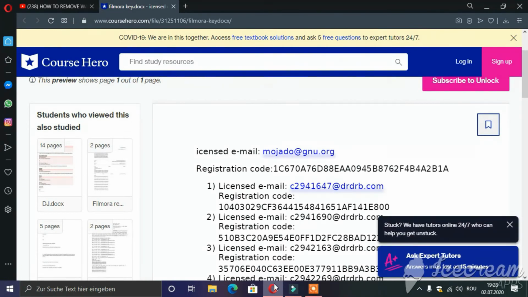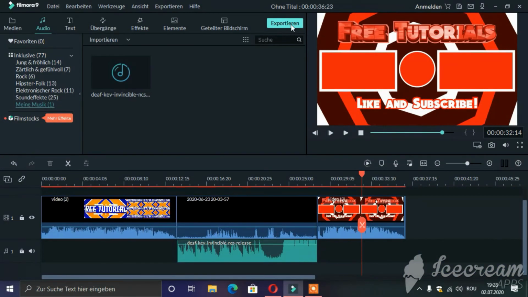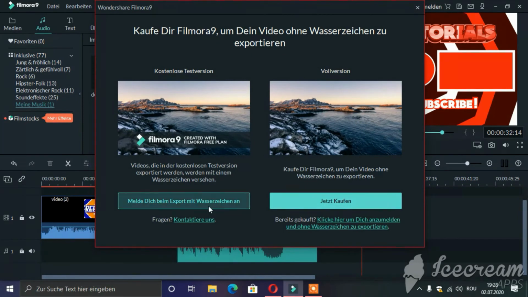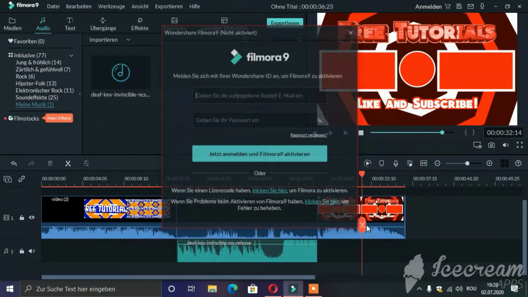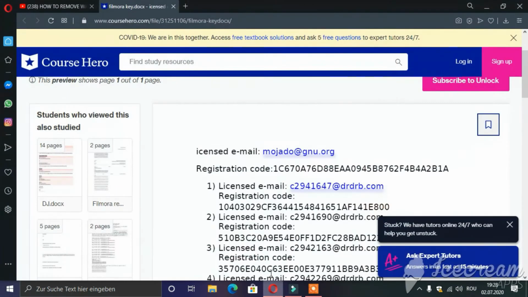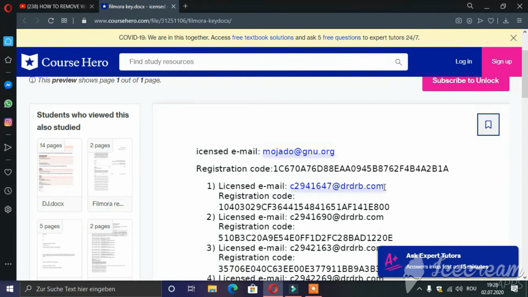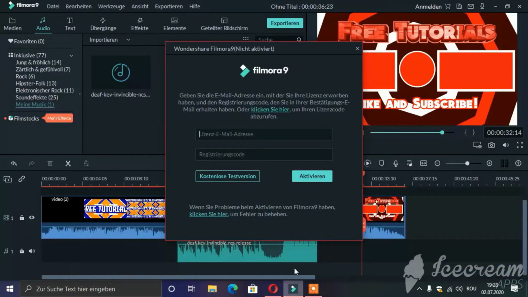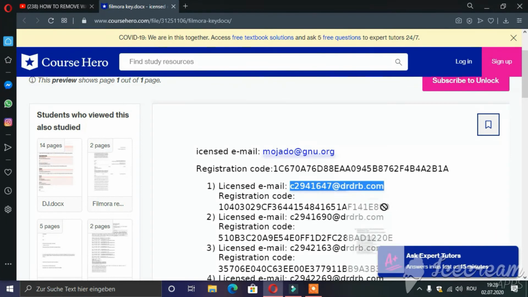Then we go in Filmora. We go here, then we go here, clicking, then we go here, right here, then we go on this site. You have the link in the description. Then we copy that, we put here, then we go back and copy the code,